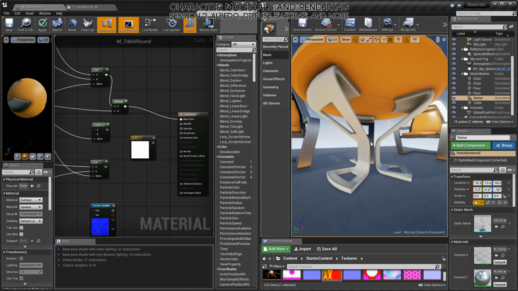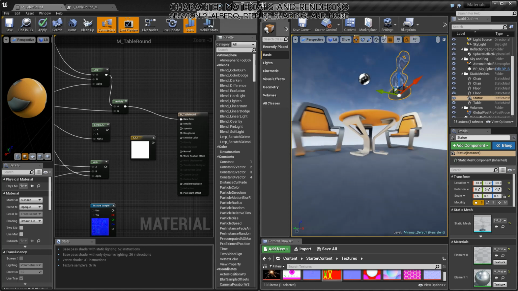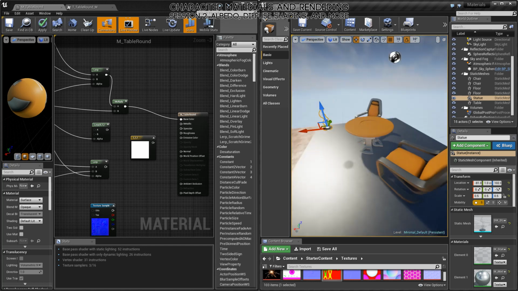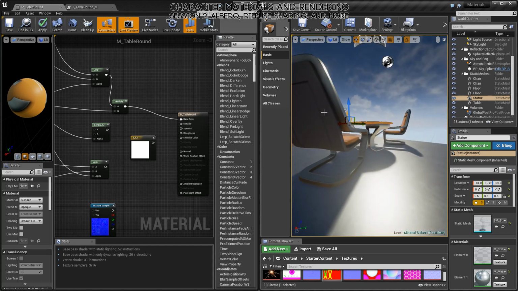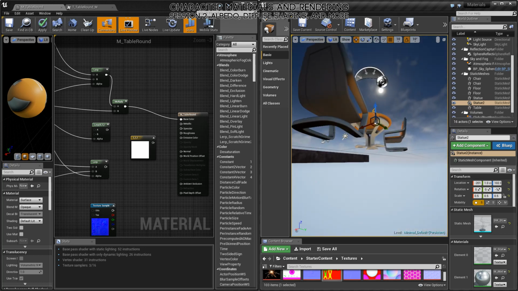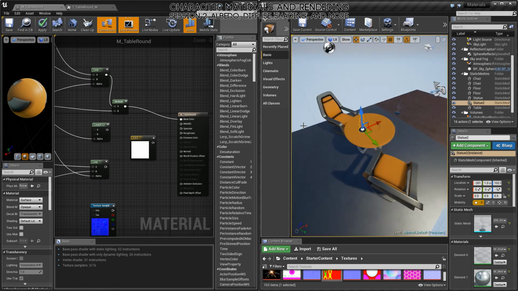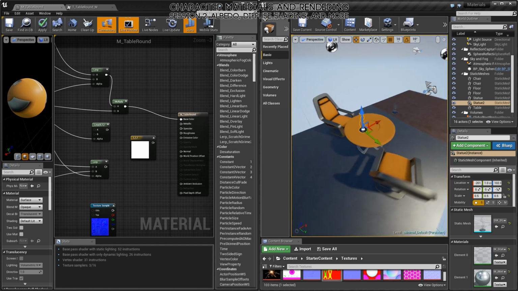Now, you can put stuff like this into your diffuse, into your albedo. However, it's not going to be physically accurate. It's not going to be PBR friendly, is what a lot of people end up saying. And the main reason for that is that if you take a look at, say, these chairs, you'll notice that the light is coming from way over here. It's hitting the chairs on this side, and